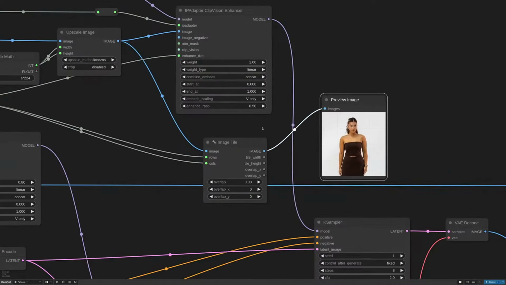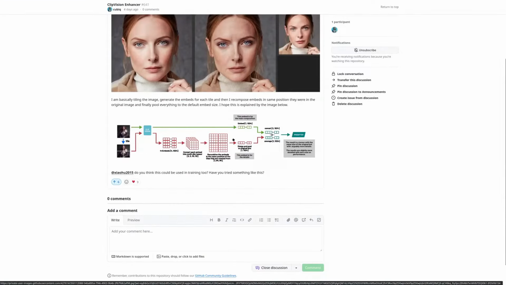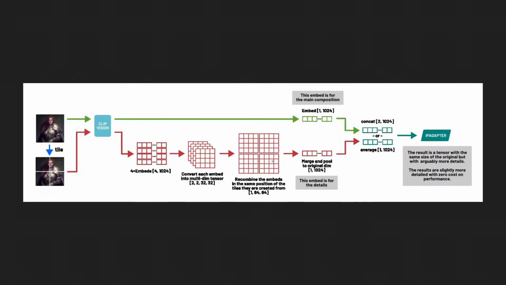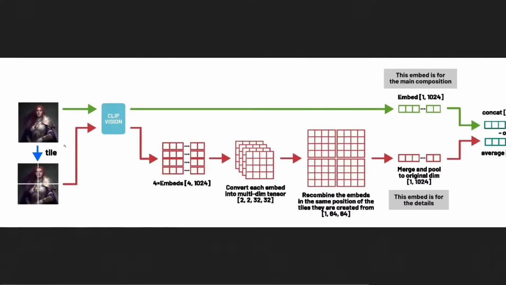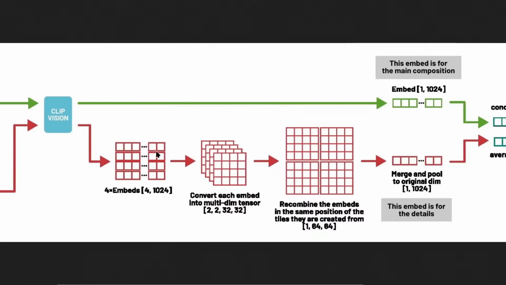So in this image here, I have basically simulated the tiling. This is what the model is going to see. All these tiles here, it's 4 by 4. I wanted to show you this picture here. That is basically what the enhancer is doing. The first thing that I do is to take the image and crop out the tiles out of it. In this case, I have 4 tiles, and each image is converted into embeds